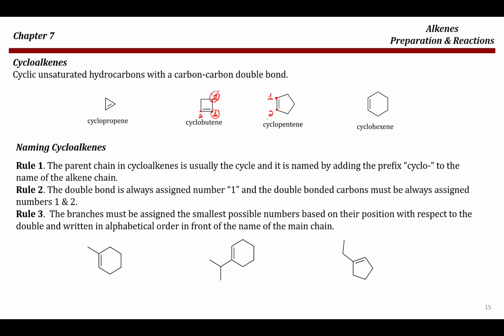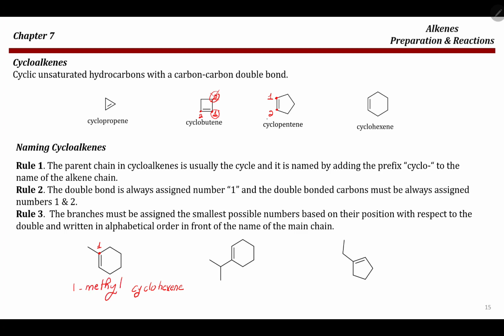For example, here, this is a cycle which consists of 6 carbons. That's why this is cyclohexene. As I said before, there is no need to put 1-cyclohexene because we already know that the double bond is at position 1. However, when I want to start counting the branches, if I have a branch at the double bond, then this branch will definitely be number 1. So this is going to be 1-methyl